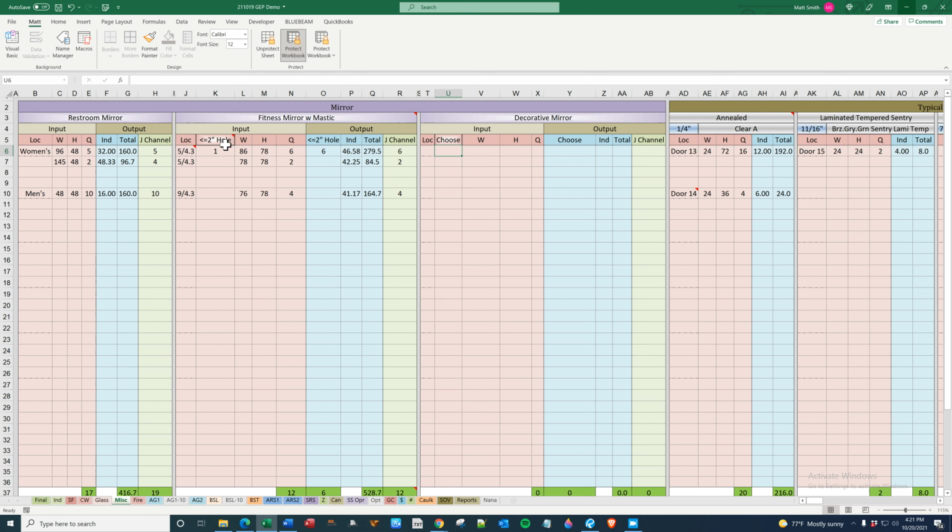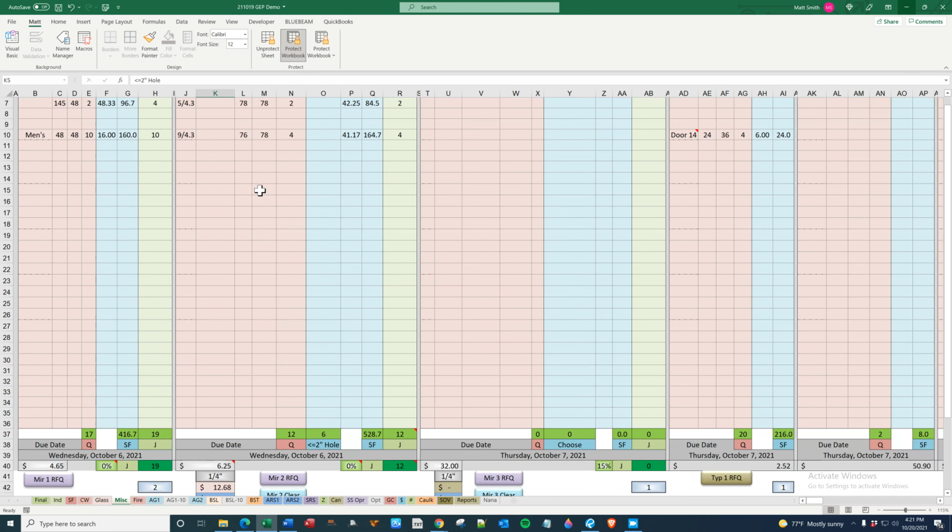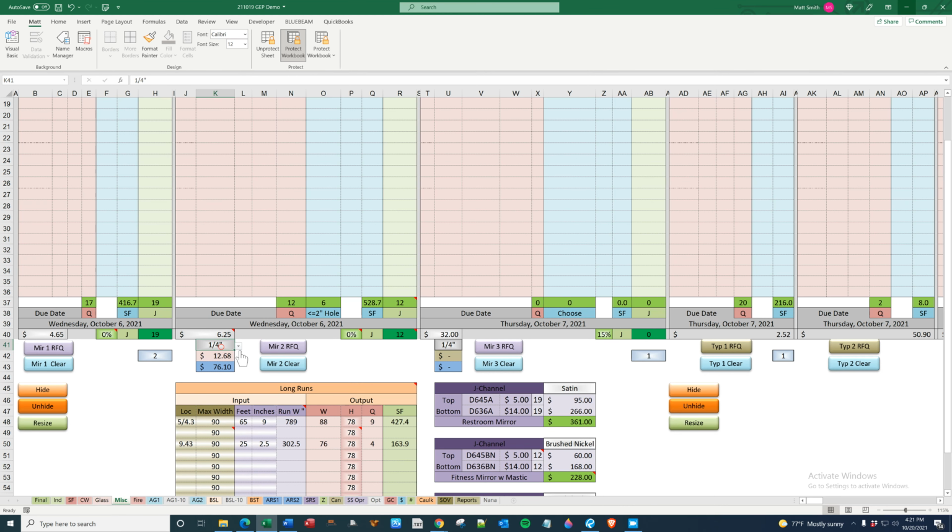The use of this is basically for fitness mirrors where you will need to cut out an opening for maybe a TV stand or an electrical outlet or perhaps a ballet balance beam. And the functionality goes as such. There's 1/4 inch here. Generally, you're only going to be using 1/4 inch. I don't really see a reason why you would do anything other. So 1/4 inch